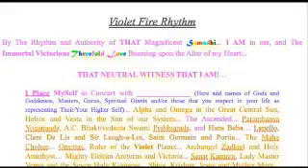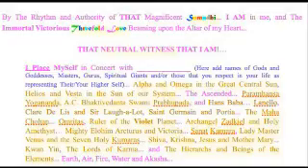By the rhythm and authority of that magnificent samadhi, I am in me, and the immortal victorious threefold love beaming upon the altar of my heart, that neutral witness that I am, I place myself in concert with Alpha and Omega and the great central sun, Helios and Vesta, the sun of our system, the ascended Paramahansa Yogananda, A.C. Bhaktivedanta Swami Prabhupada and Hans Baba, Lanello, Claire de Lys and Sir Lapalat, Saint Germain and Portia, the Mahachohan, Omritas, ruler of the violet planet, Archangel Zadkiel and Holy Amethyst, Mighty Elohim, Arcturus and Victoria, Sonnet Kamara, Lady Master Venus